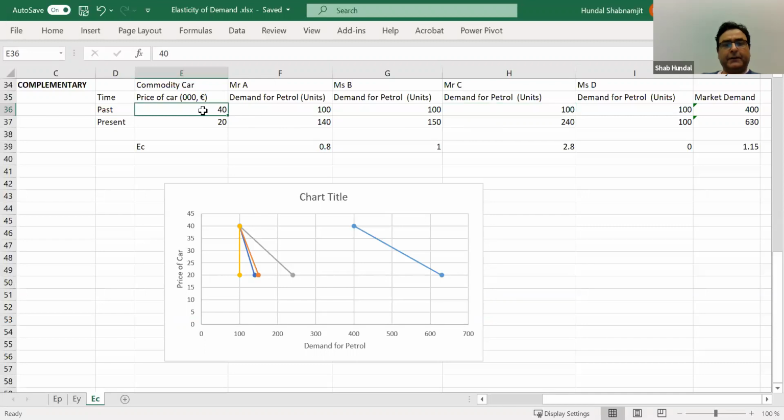When the price of car falls, then we assume in the backdrop that because see, here is the price of car and here's the demand for petrol. So when the price of car falls, we assume that Mr. C will buy more cars. And earlier, he might be using some public transport or his offices. He can buy some car for his office also, for the personal use also. Maybe his wife was also using public transport. So because the car has become cheaper, he really wants to buy more cars.